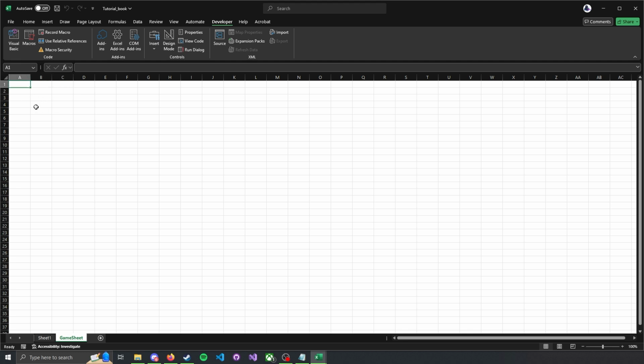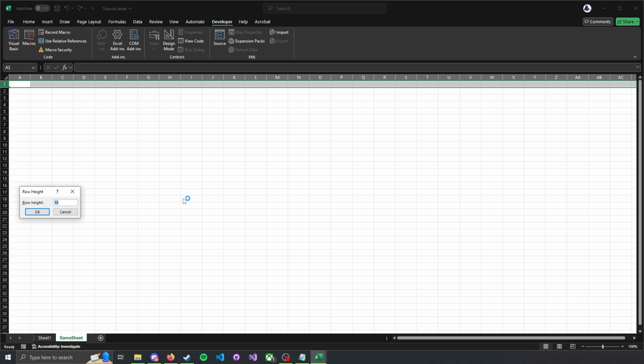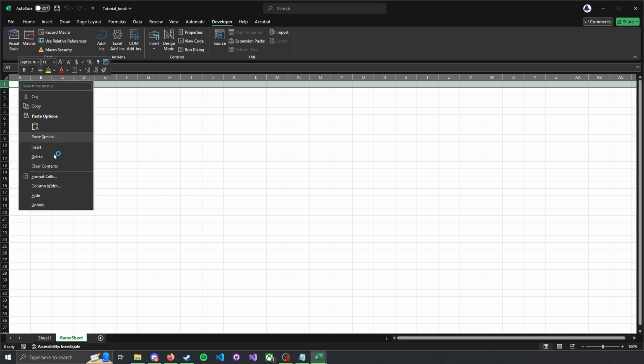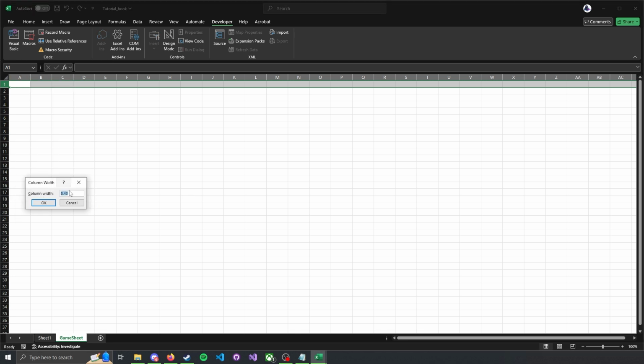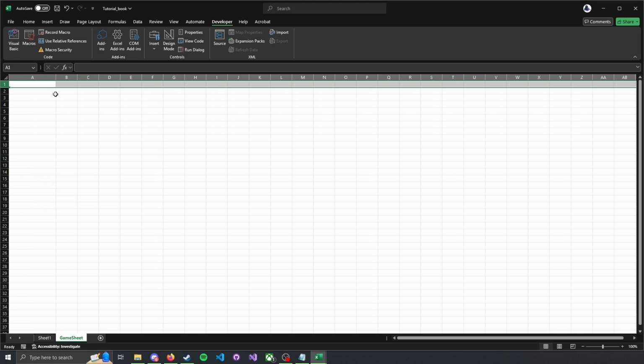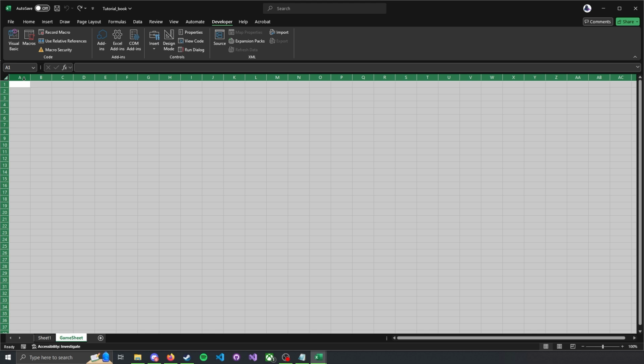Now, first, let's do one small change. As you'll know, the cells are currently in the shape of rectangles. If you look at the row height, you'll see it's 15, and if we look at the column width, it's 8. So if I change the width to 15, it's going to be a lot longer. So in order to get nice square cells,